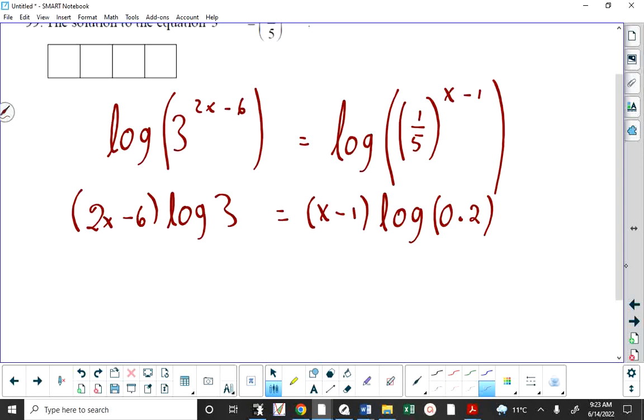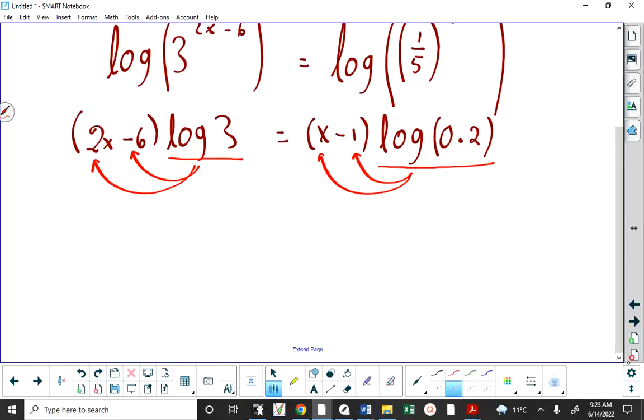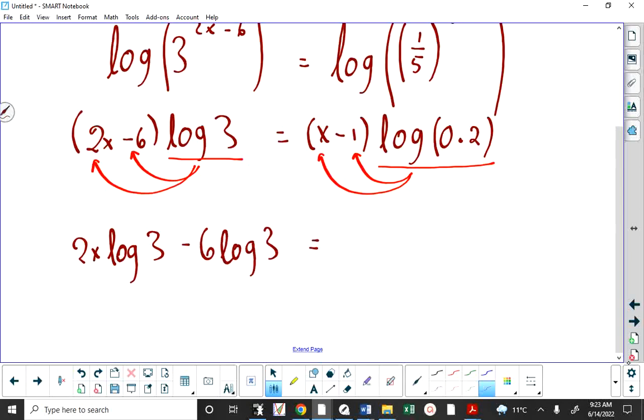Okay. There's only one move you can make here to proceed, and that's to multiply this all out. You have to multiply this log 3 by the 6 and by the 2x, and you have to multiply this log of 1/5 by the negative 1 and by the x. You have to do that to get those terms with x out in the open, right? The x's are buried inside of something right now. So when I do that, I get 2x log 3 minus 6 log 3 equals x log 1/5